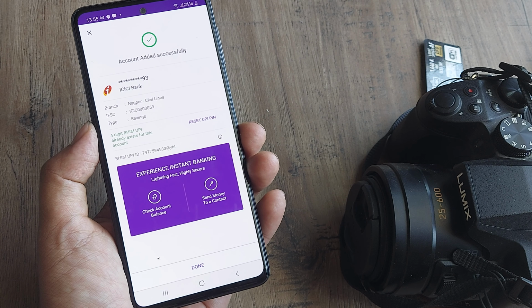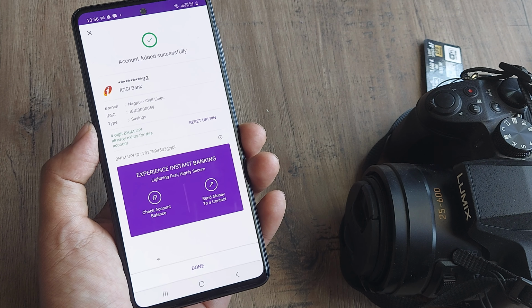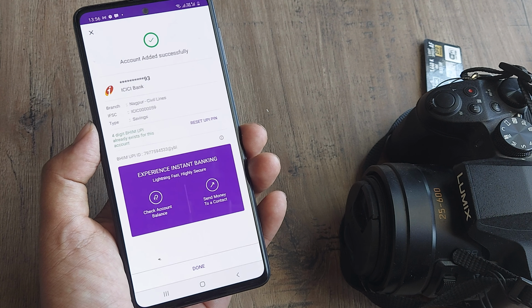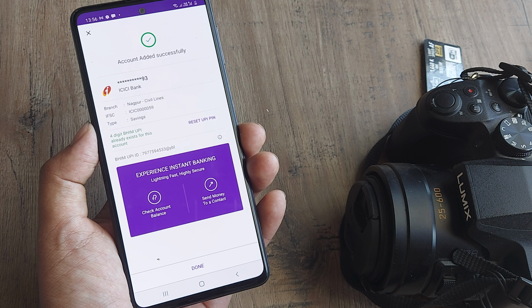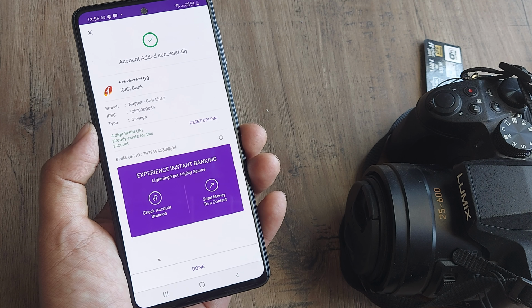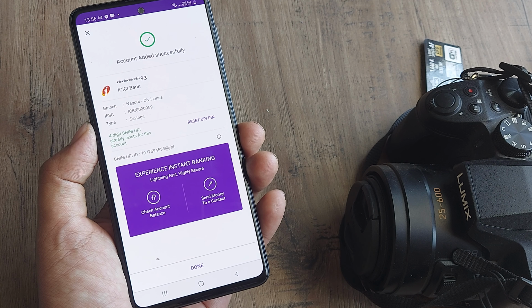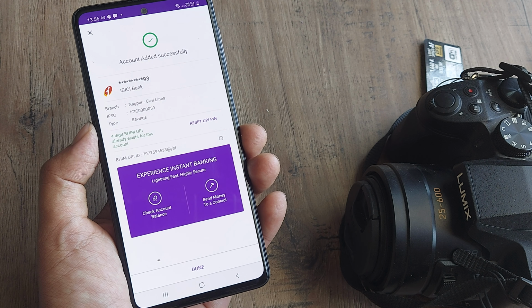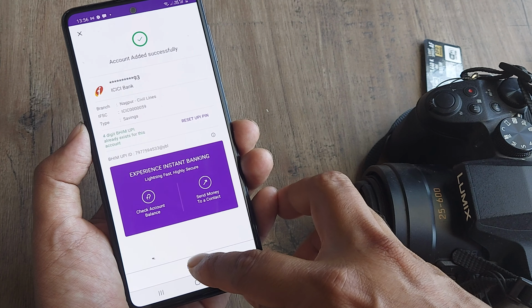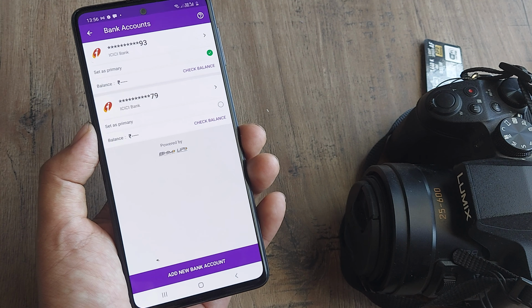Whenever you try to add a UPI bank, the first thing it will ask you to do is set up a UPI PIN. In case it's already been set, something like this would happen and the banks would get added. In case you are setting it for the first time, you may want to check our tutorials on how to create a UPI PIN, wherein I have demonstrated this live step by step. You would need an ATM card, the ATM card details, and the ATM PIN for setting up the UPI PIN, and then the bank would get added and reflect like this.